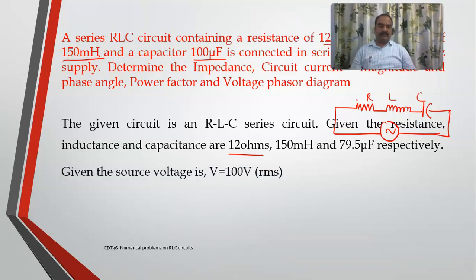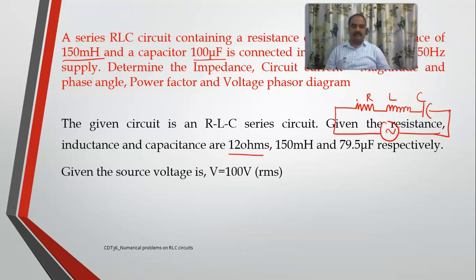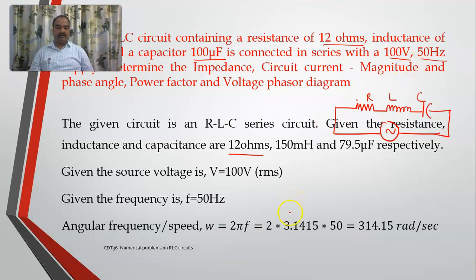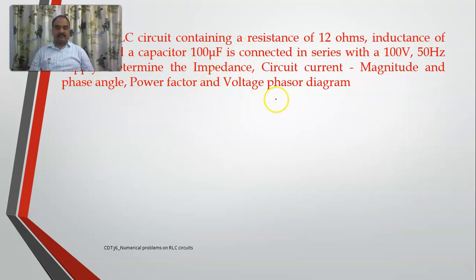Now the supply voltage is 100 volts, whereas the frequency is 50 Hz, which means we will be getting our omega value of 2 pi f, which is nothing but 314.15. Now let's try to determine the first one, which we call the impedance. See, this is R, this is L, this is C, and we know that Z is equal to R